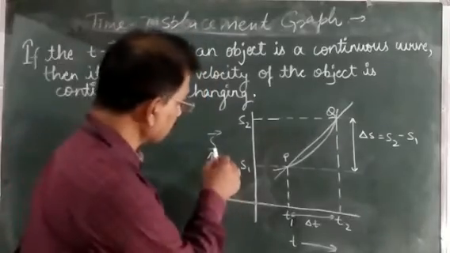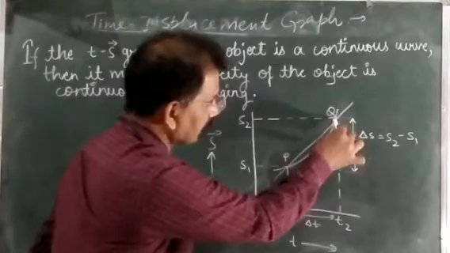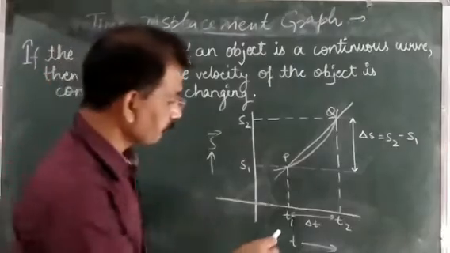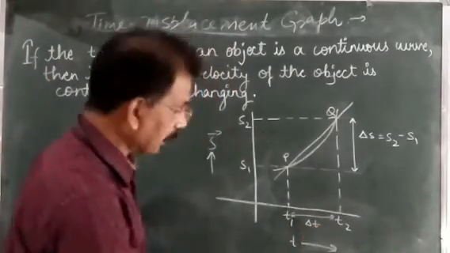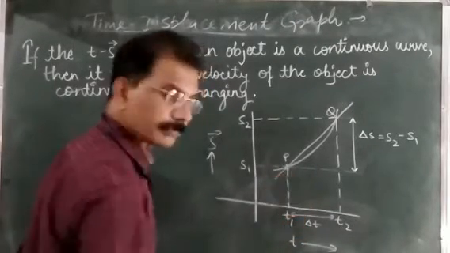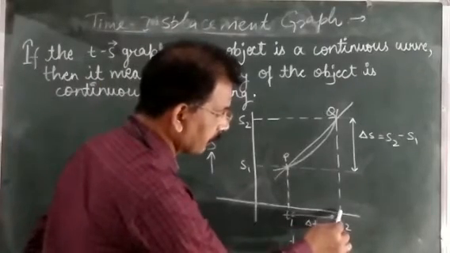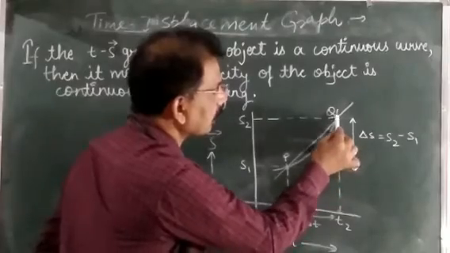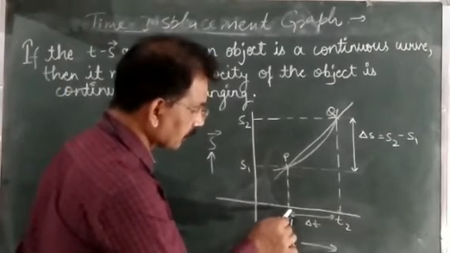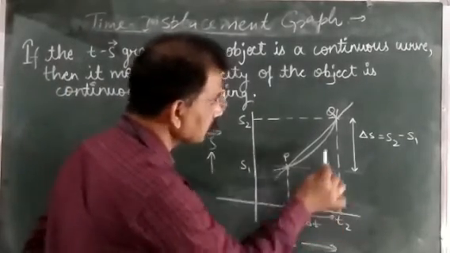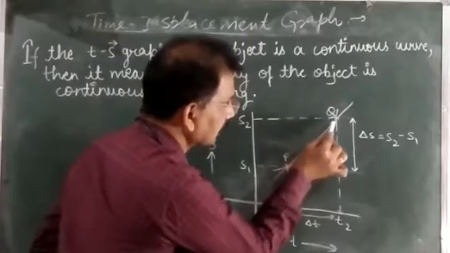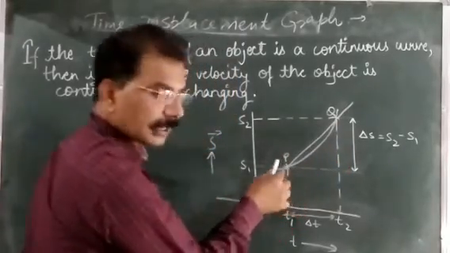Like we said, the time displacement graph of an object is given and we have to find the average velocity between time t1 to t2. So what you do is, from time t1 drop a perpendicular on this curve, suppose it meets the curve at P, and again you drop the perpendicular from time t2 to this curve and suppose it cuts the curve at point Q. So for finding the average velocity between time interval t1 to t2, you join these two points where t1 and t2 cut the curve, this one is a straight line